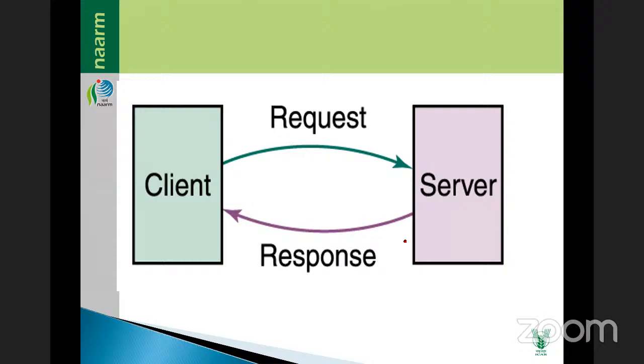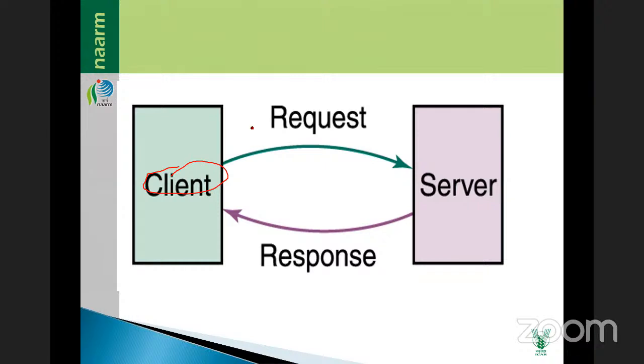So what is the client sending? A request. Suppose you are sending a request to a system. How is the internet working? Anybody can know that. Suppose I am a client and I am sending information. I am sending one mail, suppose to Manohar sir, or passing some information. How will it work?